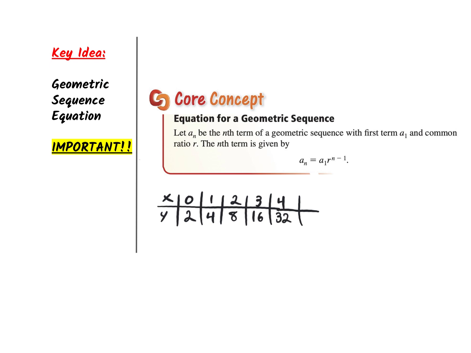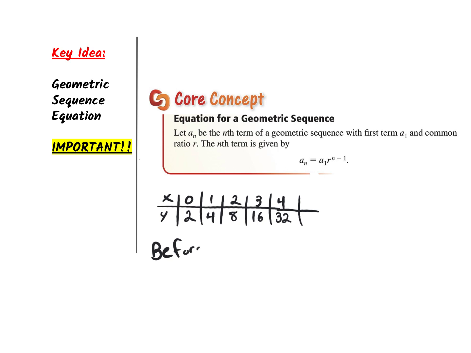Our last core concept in Chapter 6. I'd like you to write in Cornell-style notes, geometric sequence equation on the left. And then on this core concept, we have two new terms basically. In here we have a sub n and a1. We have a new exponent, but let's not get too stressed out. Let's imagine a table first. And let's try to compare to what we know and how to connect it to what I'm trying to teach